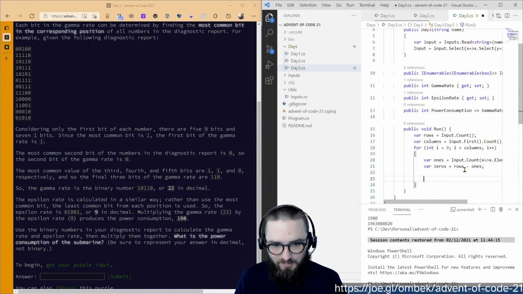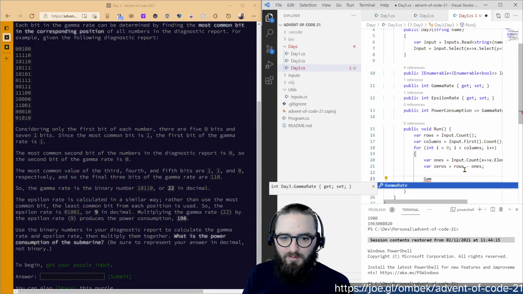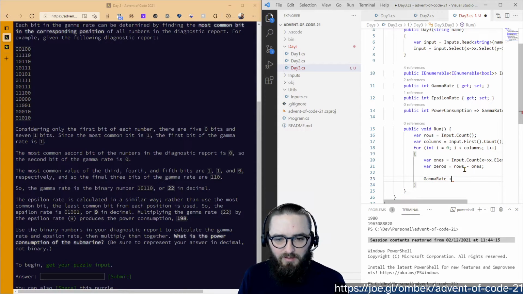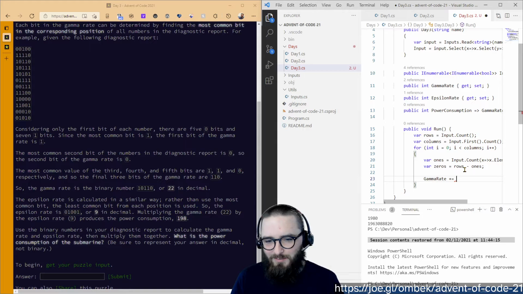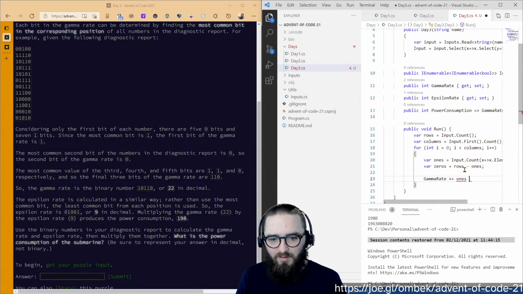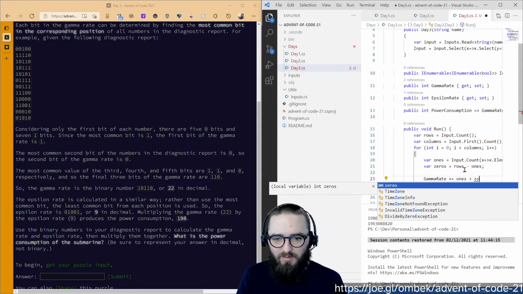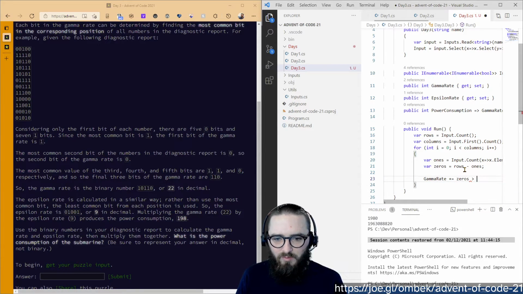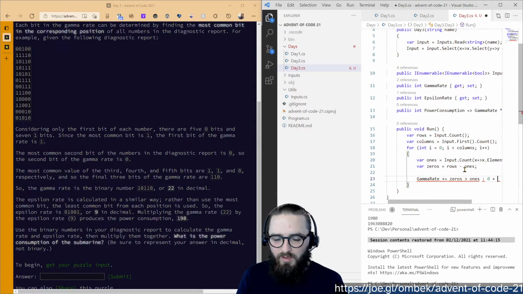So the gamma rate, we're going to add to it. Now I'm converting to binary. So if zeros is greater than ones, that's easy. We just add a zero. Otherwise,